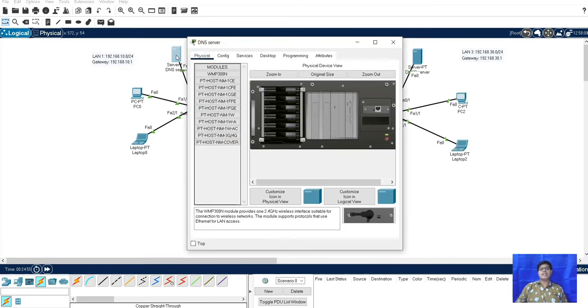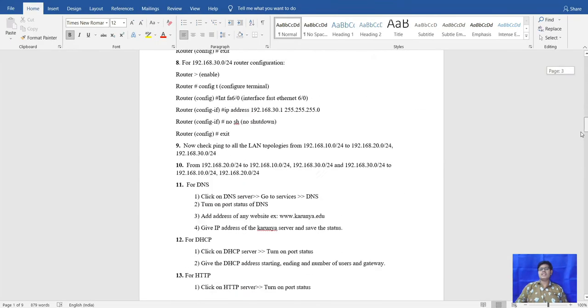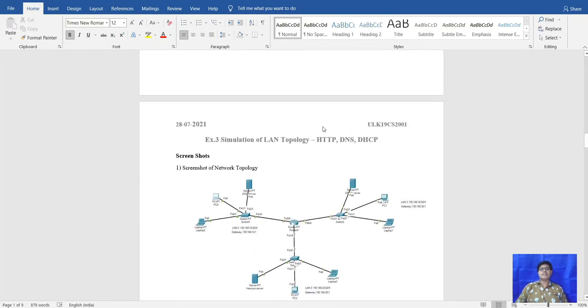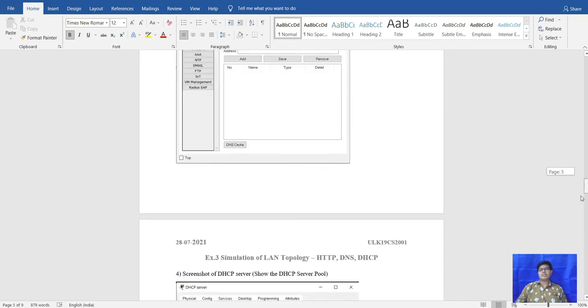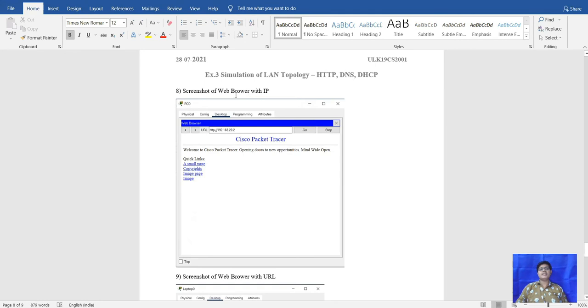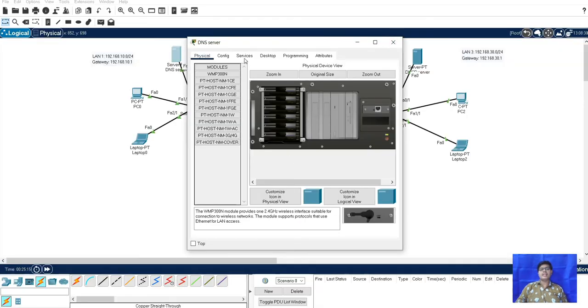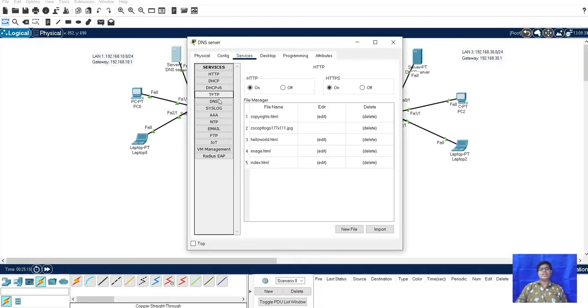After that for DNS we have to go here, and the question here it is given that we need a screenshot of the web browser with IP. So here we will go in packet tracer, and here in DNS we will go to the DNS.